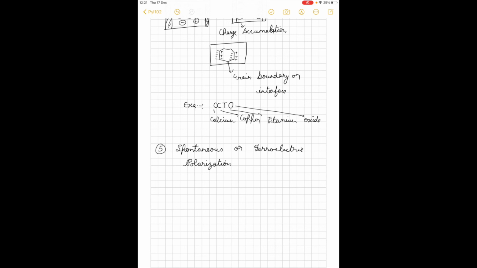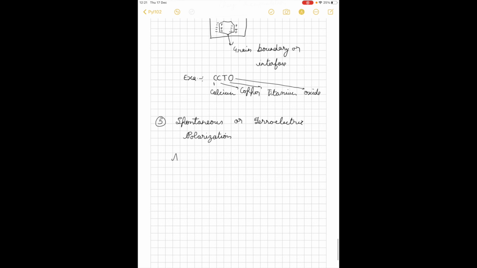Okay, so what are the materials? Those are mostly the ferroelectric materials. So I can just say ferroelectric material, which is defined as